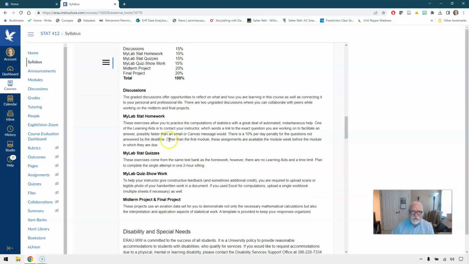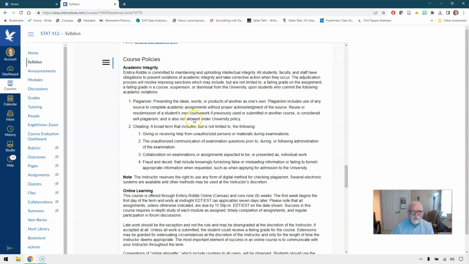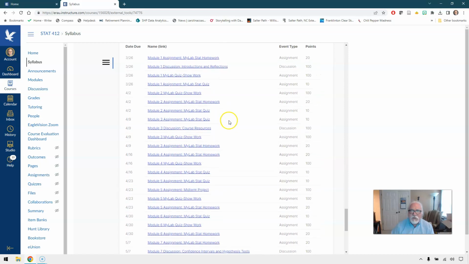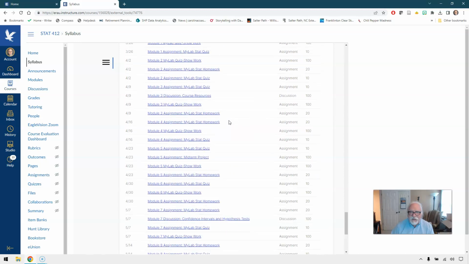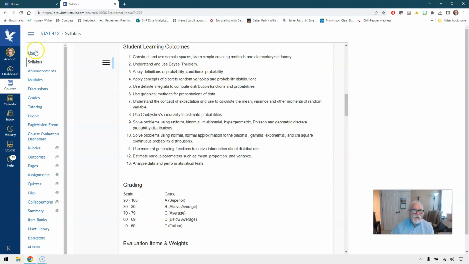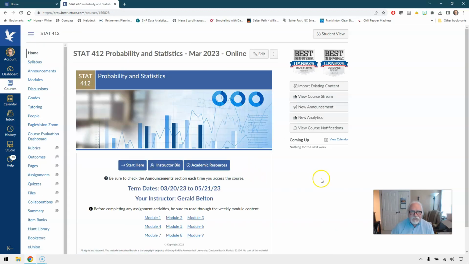Discussions. There's more information in here about all of that stuff. And then there's a lot of other boring stuff, but I really recommend you read it all. You should be familiar with everything that's in here. Then the other thing I wanted to show you, though, because I think a lot of people miss this, it says instructor bio right here,